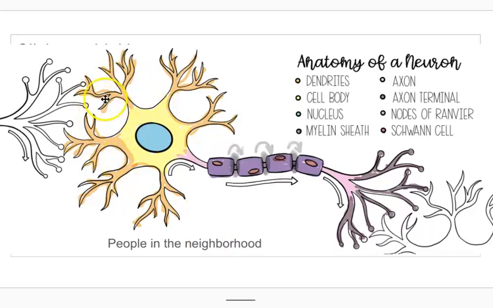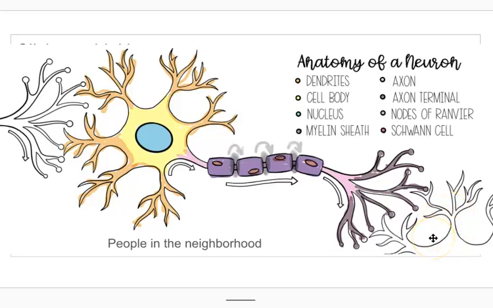The dendrites will respond to the chemicals, and if they are excited enough, they will send a signal through the nucleus, which will then transmit that signal electrically down the axon to the axon terminals. When the electrical signal gets down to the axon terminals, they will release neurotransmitters which either can excite or inhibit